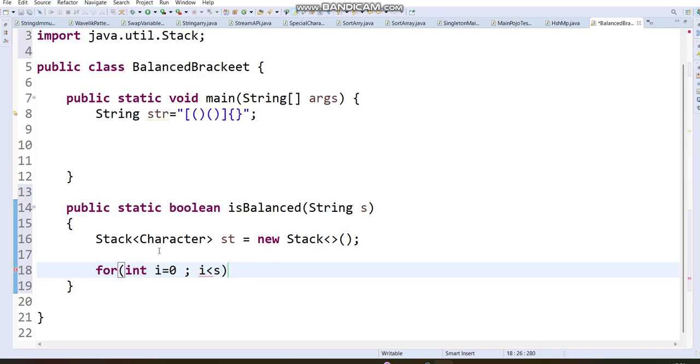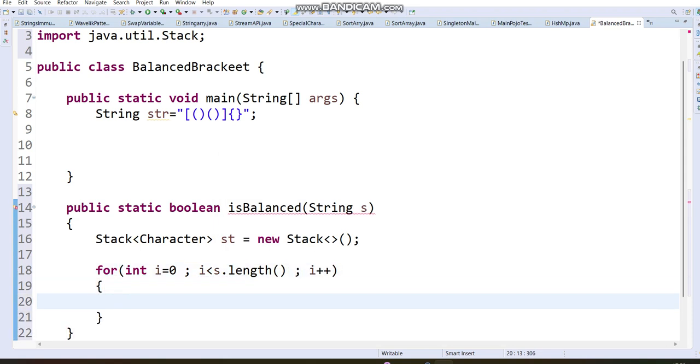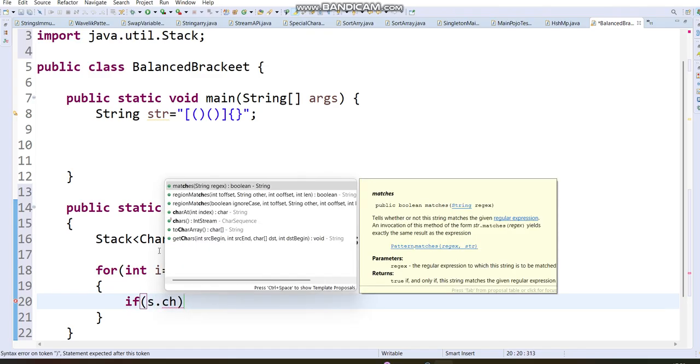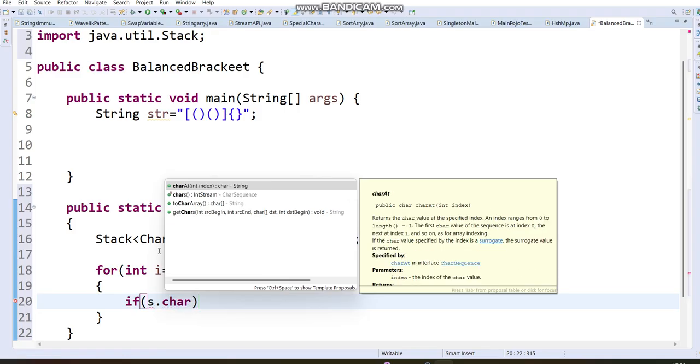Oh sorry, we have defined it as s here. And then we will push the opening bracket in the stack one by one if it contains an opening bracket. So we will check s.charAt(i)